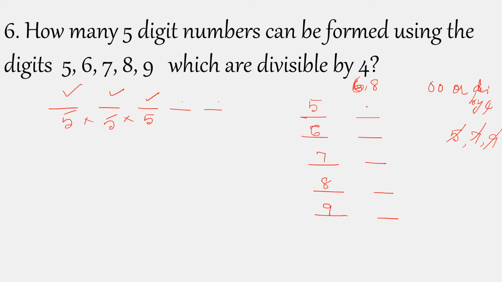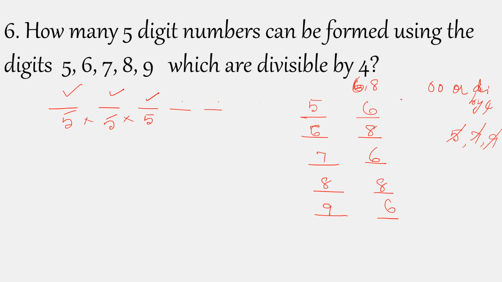If I write 8, is it accepted? No, it is not divisible by 4. If you write 6, then it is divisible by 4. So if 5 is there, I have the freedom of writing only 6. I cannot write 8. I can write only 6. I have the freedom of writing only one number, 6, here. Similarly, 6 means here I have the freedom of writing 8 only. 68 is divisible by 4, similarly 76 is divisible by 4, 88 is divisible by 4, 96 is divisible by 4.